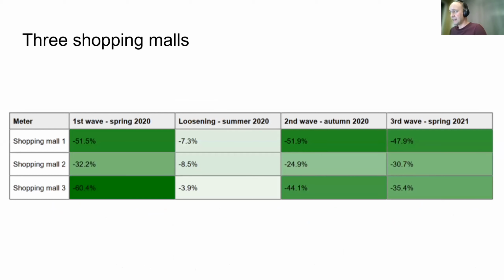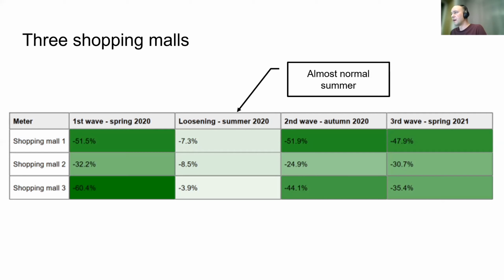And the last example from this section is dedicated to shopping malls. These are 3 big shopping malls all from the Czech Republic. So all of them were exposed to the same regimes, to the same lockdowns. And first of all, you can see that in the summer, there was, let me start with an explanation of these